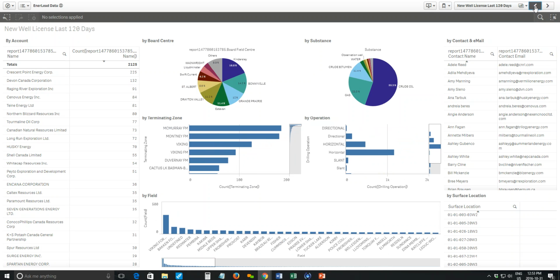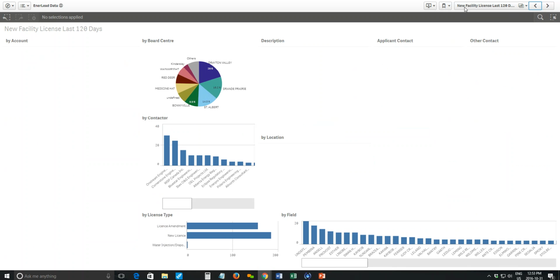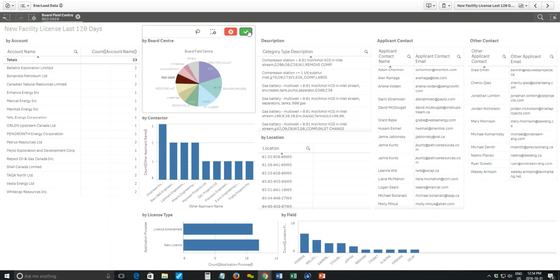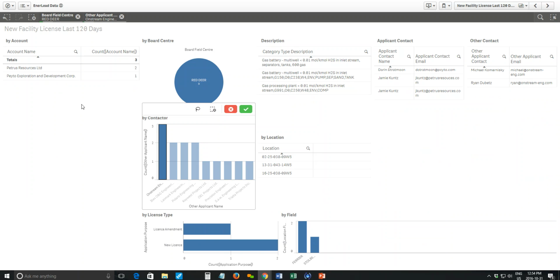So here I have new well licenses. I can go back, and I can say I want new facility last 120 days. Very similar. I'm going to pick a specific area. Let's take a look at Red Deer, and I'll lock that in. In the case of facilities, we're lucky enough to have some engineering companies associated with it. So I could come in and say, okay, well, who is OnStream working with? And then we could see they're working with Petrus Resource and Peyto Exploration. And then here are the different facilities and the people that are associated with it. And then I can say